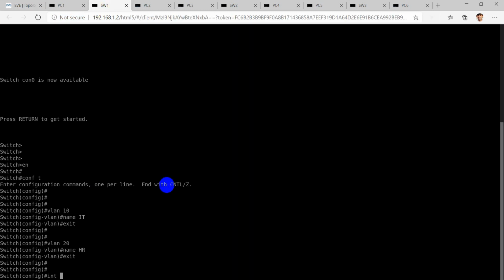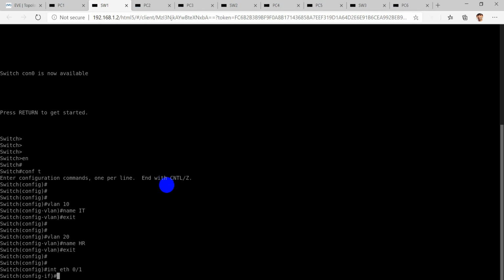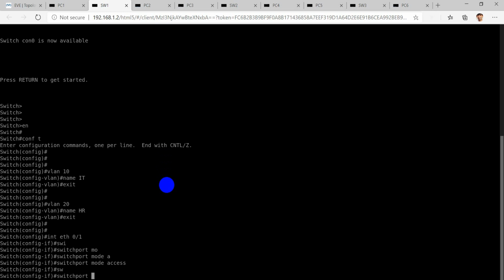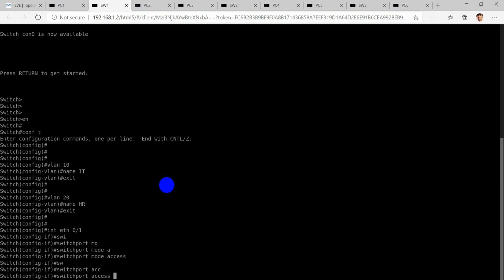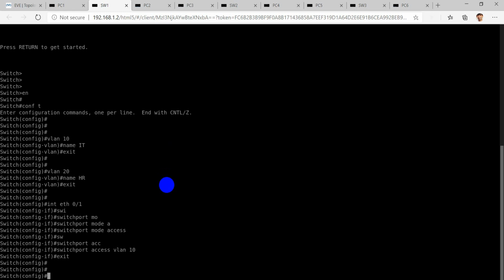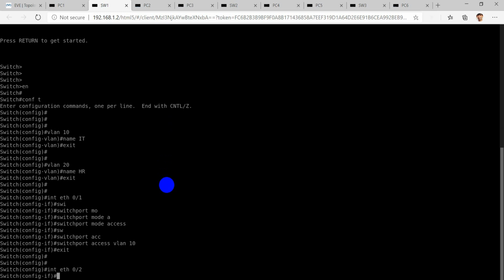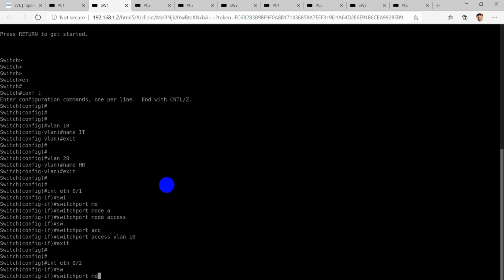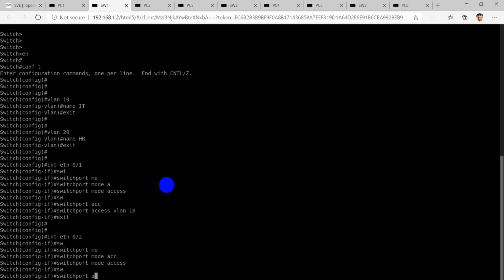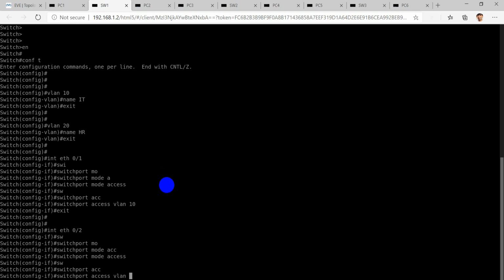Interface Ethernet 0/1, switchport mode access, and switchport access VLAN 10. Now we'll go to the second interface, switchport mode access, and switchport access VLAN 20.